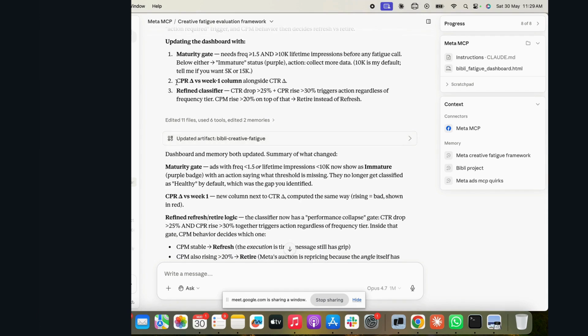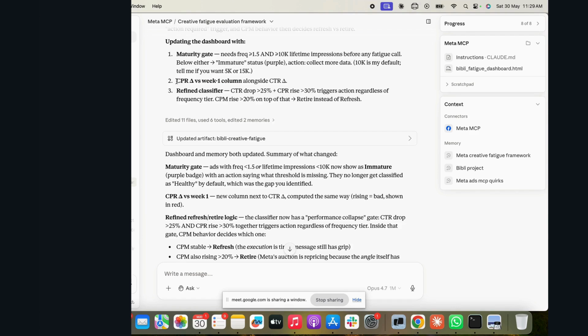And initially it had taken only CTR data. Sometimes you will see, and you might have noticed when I showed you the dashboard also, that your CTR might have worsened, but your CPR is still good. And CPR is cost per result. So for example, in my app it was rupee 5 per trial, which was the main cost per result on which I was optimizing, right?